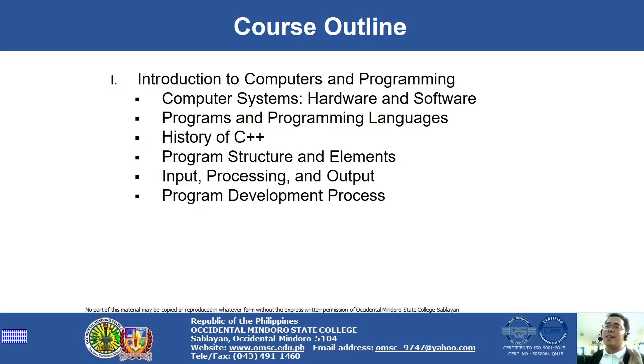Okay? So, the content in our outline. In lesson 1, we have the introduction to computers and programming. There we will explain computer systems, the concept of computer systems. What is there? We have hardware and software. What is the difference between the two? We have the different programming languages, so our language is not just one. The PL, as they call it. We have the history of C++. Why was it called C++ and not M++?